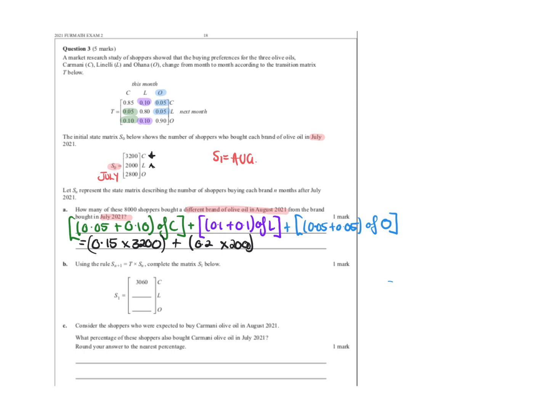Whoops, I think I missed a little zero there. Plus the last one, which we got 0.05 plus 0.05, so that ends up being 0.10 times the last amount of O brand, which was 2,800. So if you do all that sum, you'll end up with 1,160 changed brand